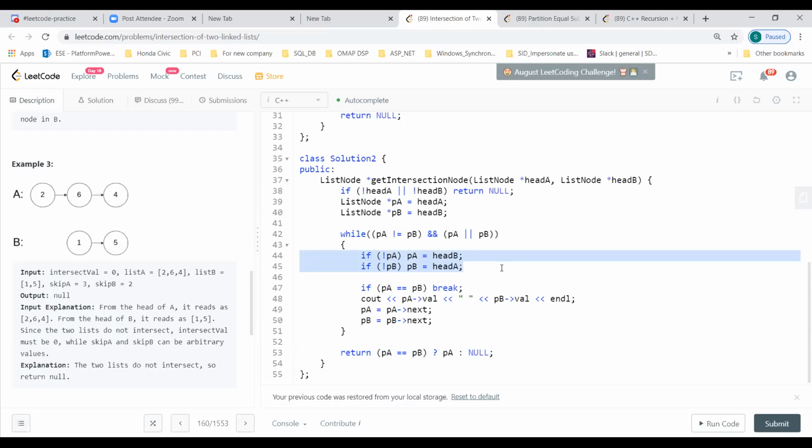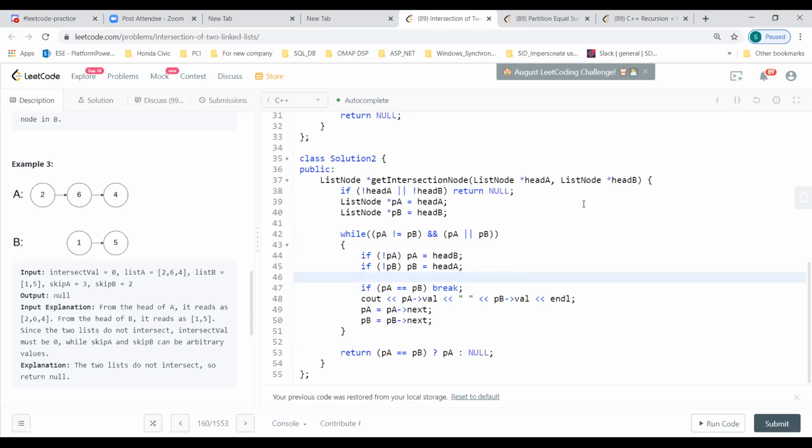Like mine, many lines are there. Yeah, but it is not so easy to come up with and understand. It takes some time, right? Yeah. Because it's being moved from one list to another. So basically, we are changing from one list to the other only when we have exhausted the list. Whichever we exhaust first, we then go to the second one, to take care of the differences in the sizes of the two lists.